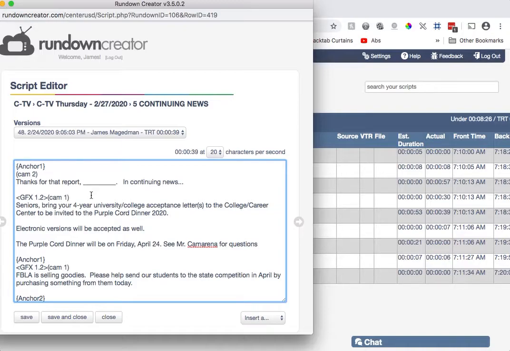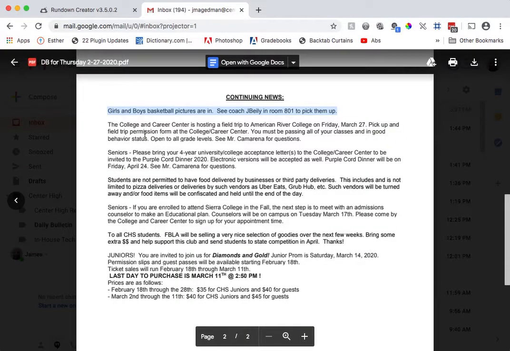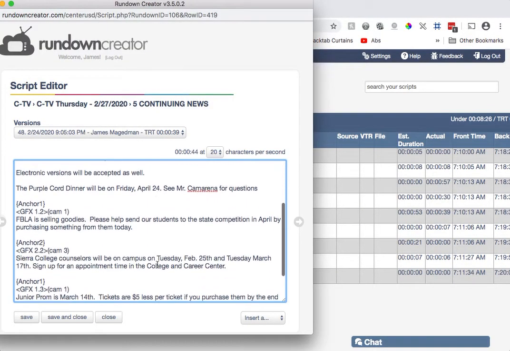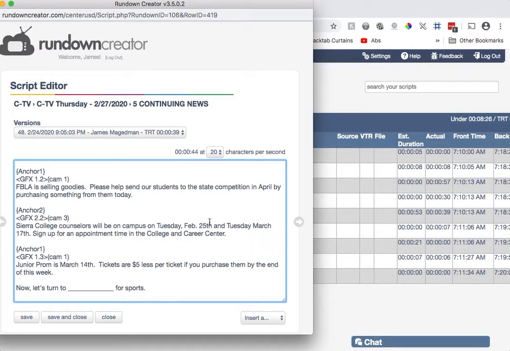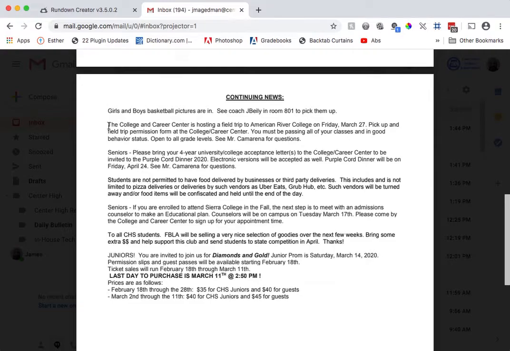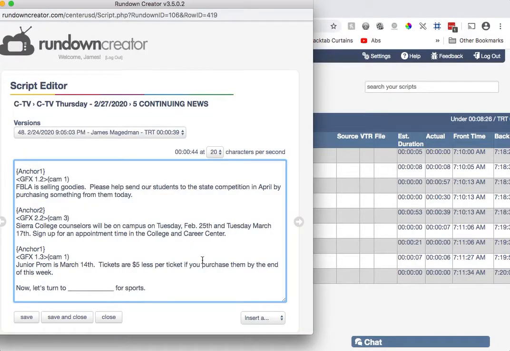And Anchor 1 is going to say that. I'm not going to erase what's already there. I'm just going to move some stuff down. Then I'm going to go to the next one. College and Career Center is hosting a field trip to American River. Let's see if we can find that one. American River. Nope, we don't have that. So it seems that now that I've said something about it, it's easier to copy from the front. I don't know why I keep doing that. But let's put that on